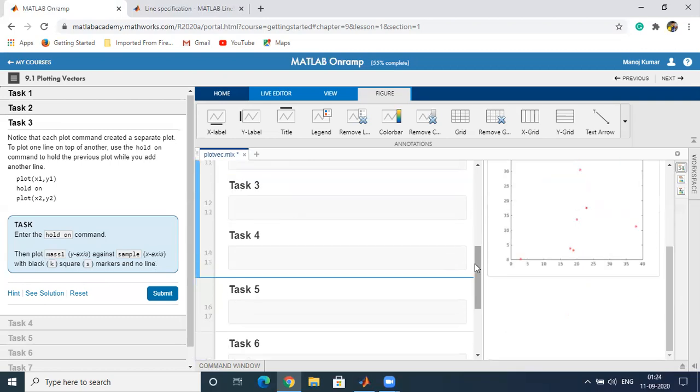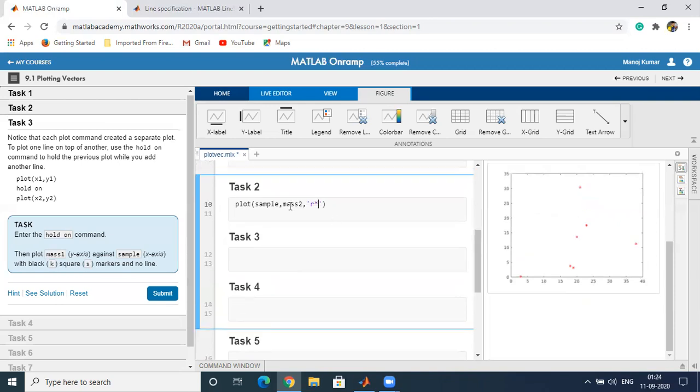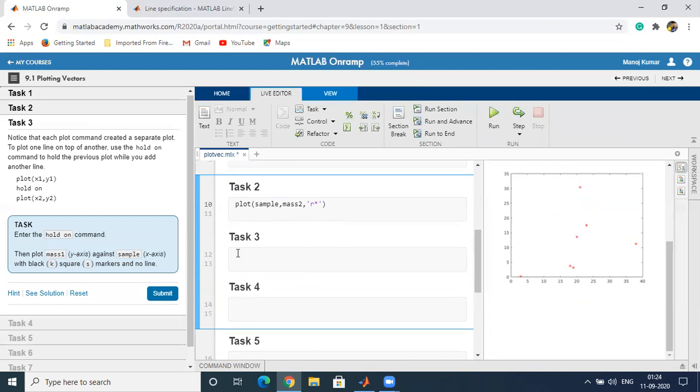We have plotted this figure with the sample on the x-axis, mass on the y-axis with the red star marker, and we want to plot the next figure on the same diagram. Then we will use the command hold on.